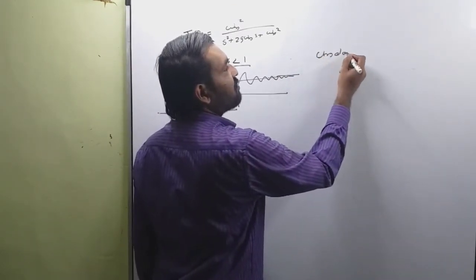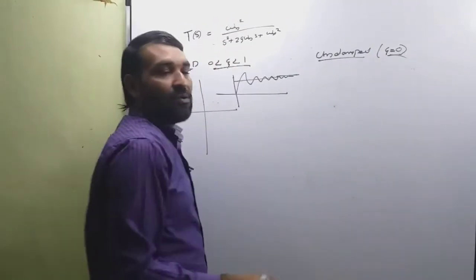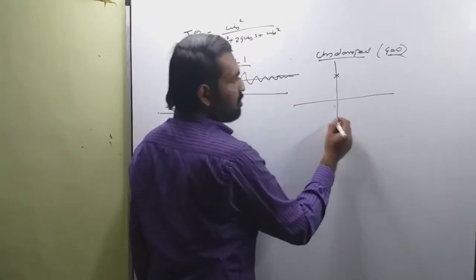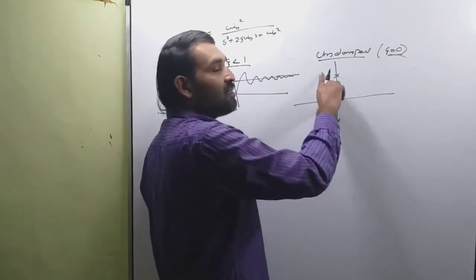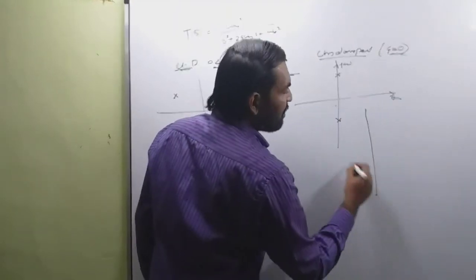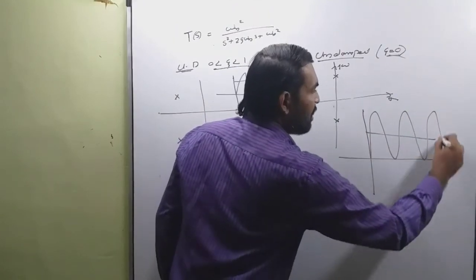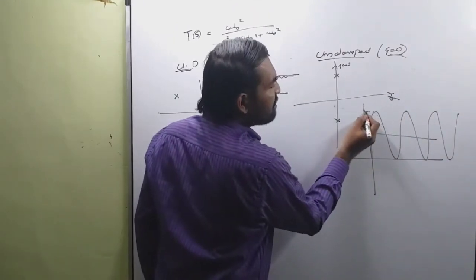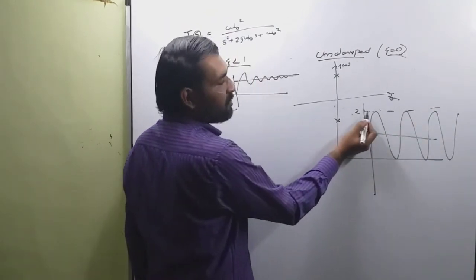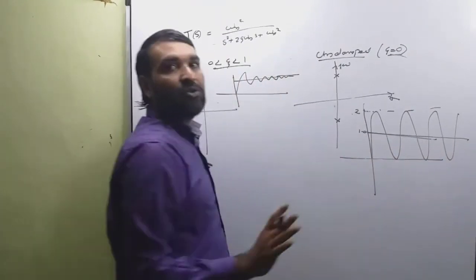For undamped, theta is equal to 0. So the location of poles is purely imaginary poles lying on the imaginary axis, that is complex conjugate. This is our j omega axis and real axis. And the nature of the unit step response is like this. This is a sinusoidal output. The peak value is 2 and this oscillates with respect to 1. So the value of peak amplitude is 2 and this oscillates with respect to this one. This will never go to negative.